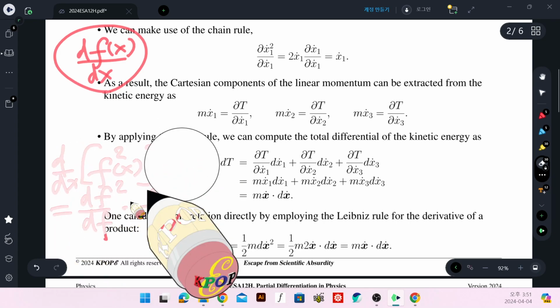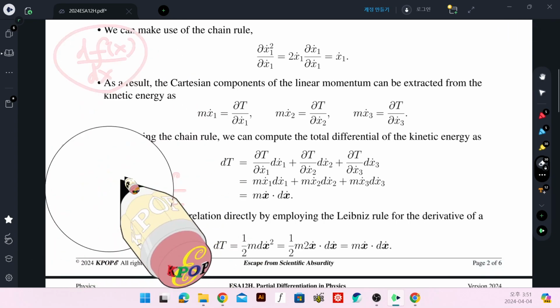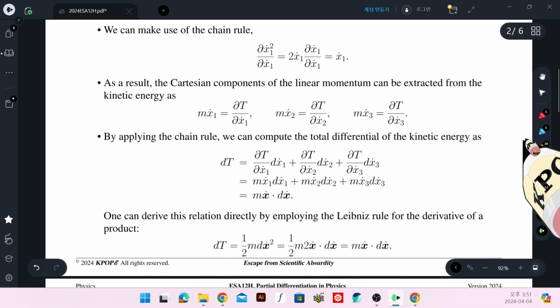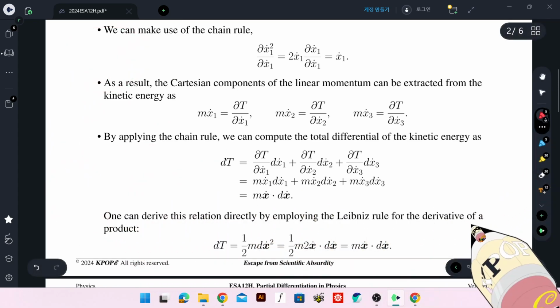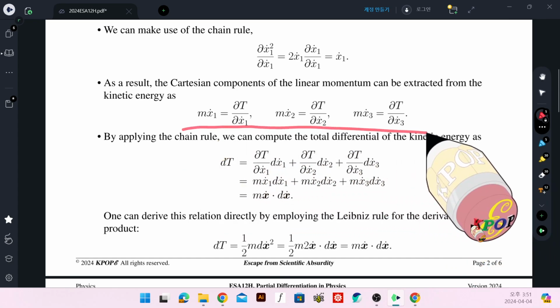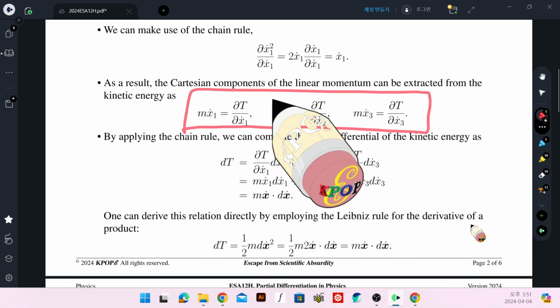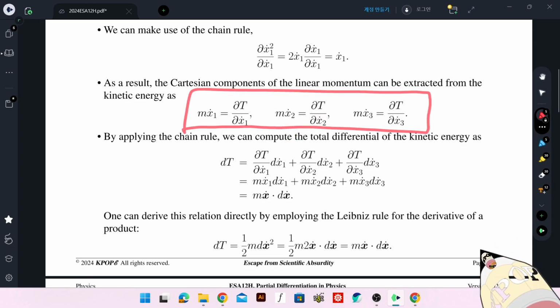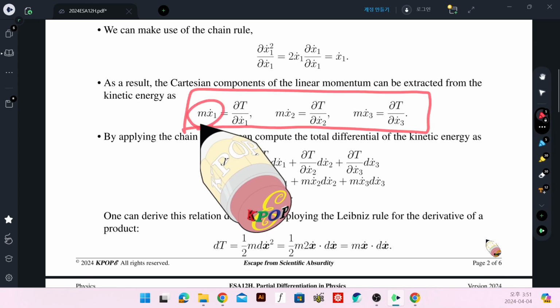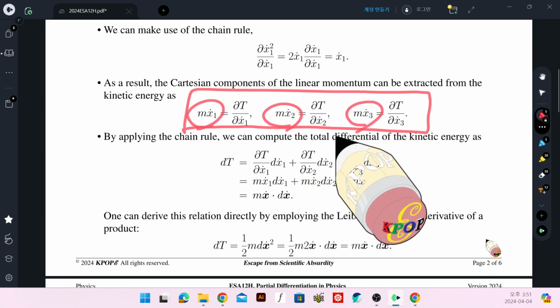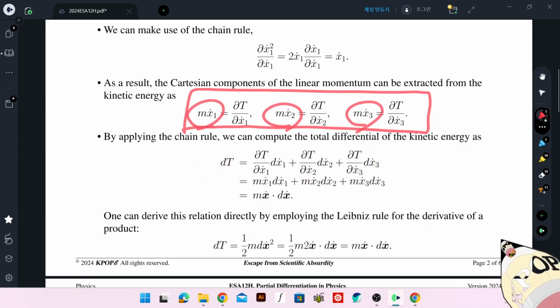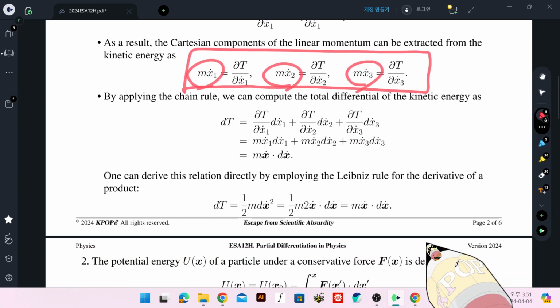Sometimes the dot is very useful, but the differential d operator is very convenient to compute. Anyway, the partial derivative of the kinetic energy with respect to the Cartesian components of the velocity is the linear momentum, and this is a vector quantity. By applying the chain rule,